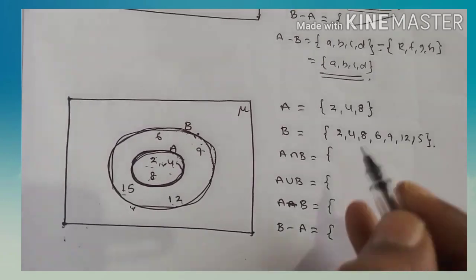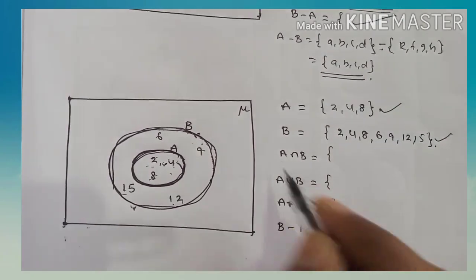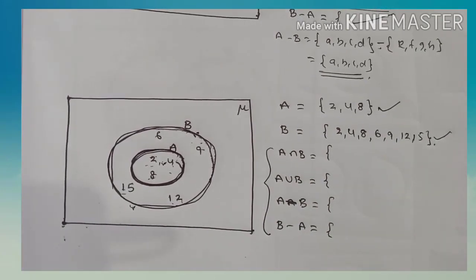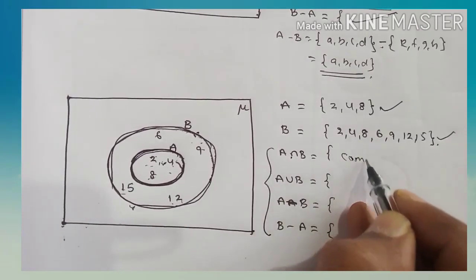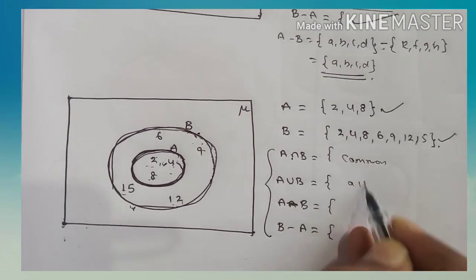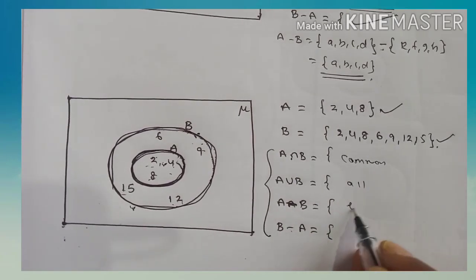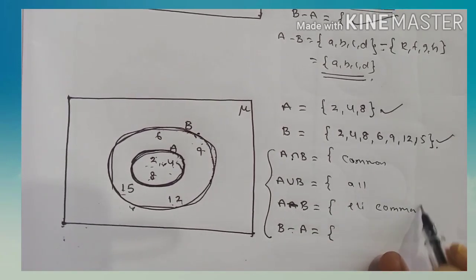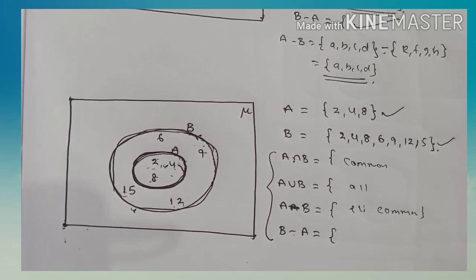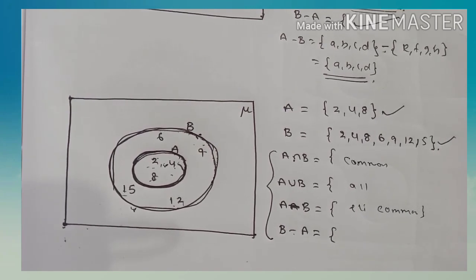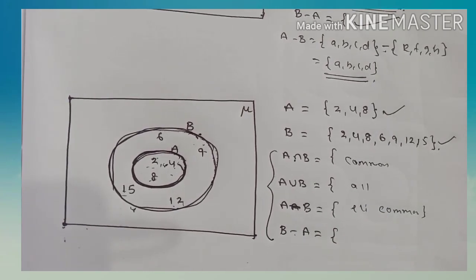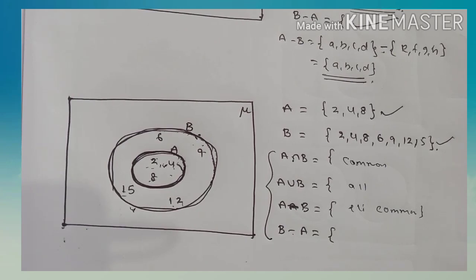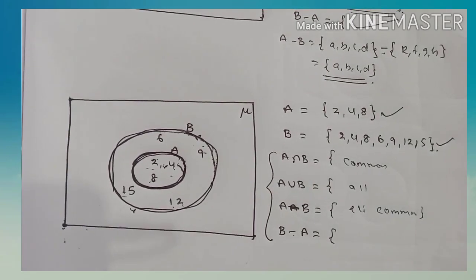Okay. Next, A intersection B. If we calculate these two, you can identify all of these easily by using regular operations. We know intersection means we have to write common elements, union means we have to write all elements. Here minus means you have to eliminate the common elements and write the remaining ones. Like that you can identify easily. Okay, practice yourself, then you can understand easily. On this concept I will give the self assessment for you. Solve them, then you can solve this type of diagram problems easily.